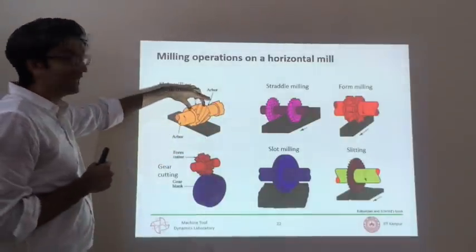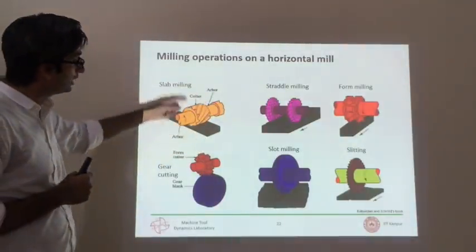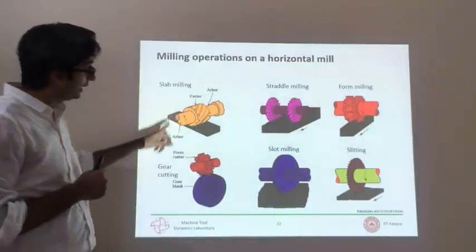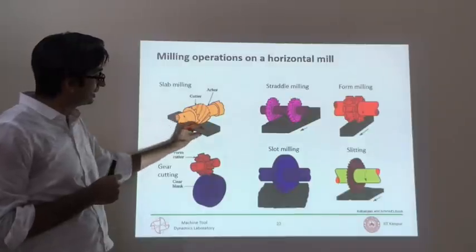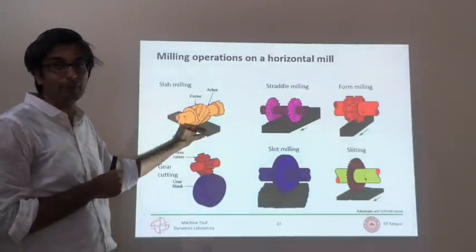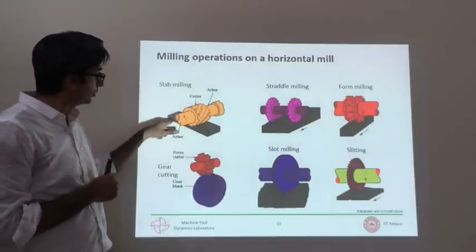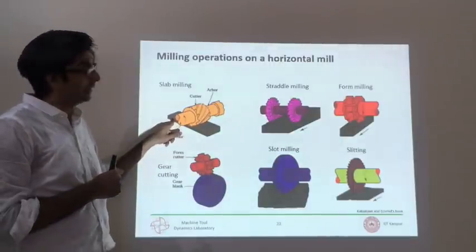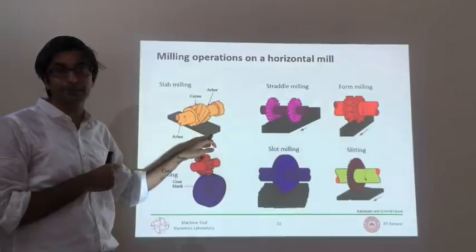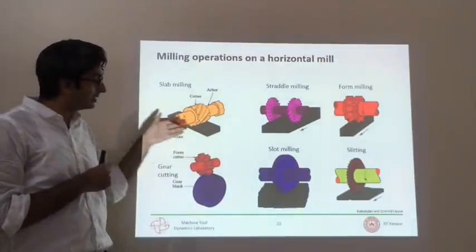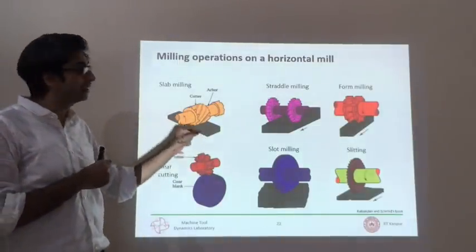You have a very, very thick, wide cutter, multiple edges on its periphery, each of them sharp, each of them cutting. And you see what it is doing, it is reducing the thickness of the slab from some original dimension to some finished dimension. And how much you want to reduce depends on how much this is in contact with the workpiece. Right? So this is just in plane machining, you can reduce the thickness.